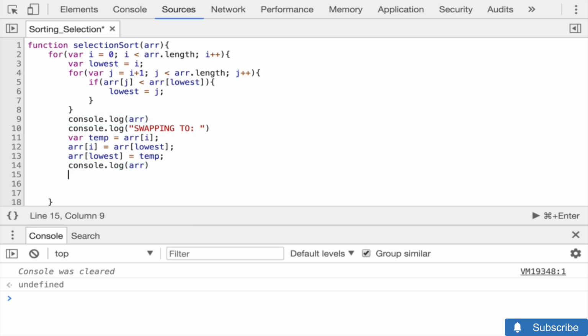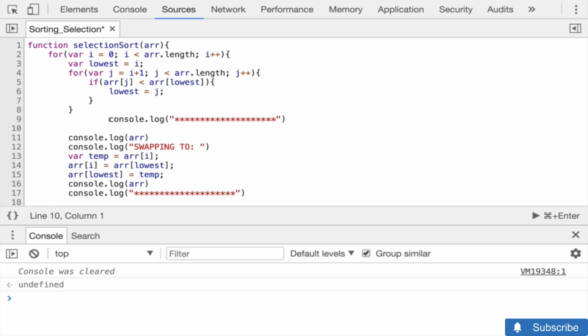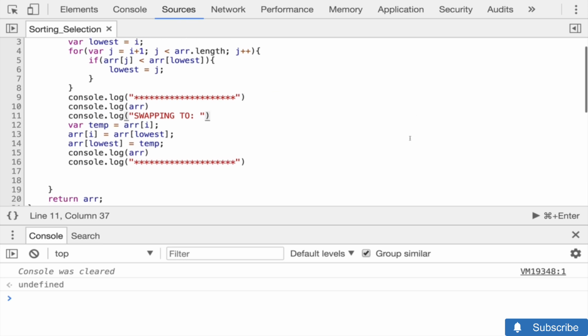This is a lot of work just to show you what's happening, and you probably already know, but I'm going to put these dividers in there so we can see. Okay, so now if we run this,